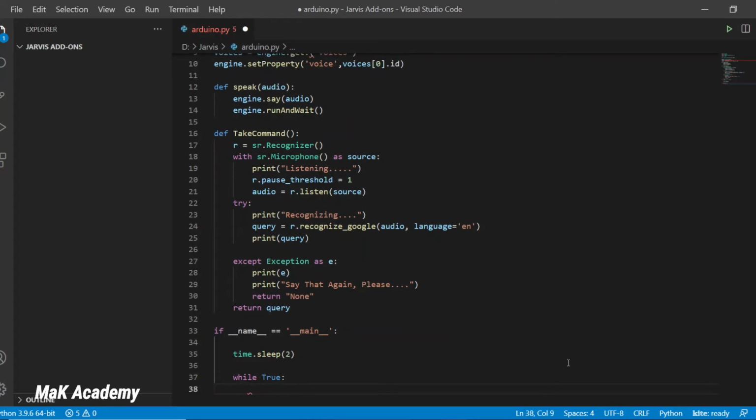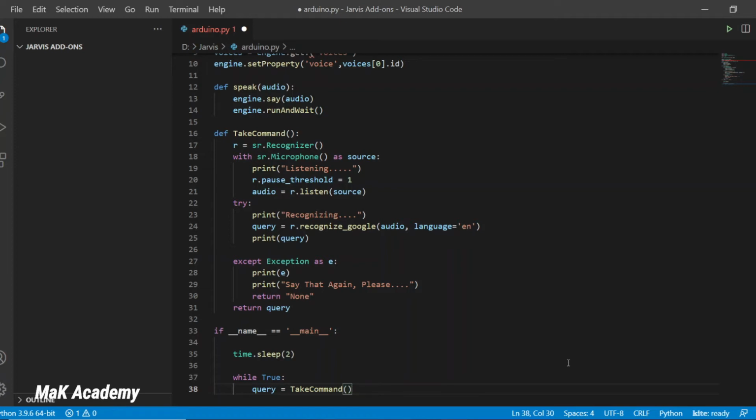In it, I will create a new variable, query. In this variable, I will call the take command function so that Jarvis can understand the command and store it in this variable. Now, the major issue that occurs here is that sometimes the take command function understands the word as made up of all small letters, but sometimes it understands the first letter as a capital letter while all the remaining letters are lowercase.